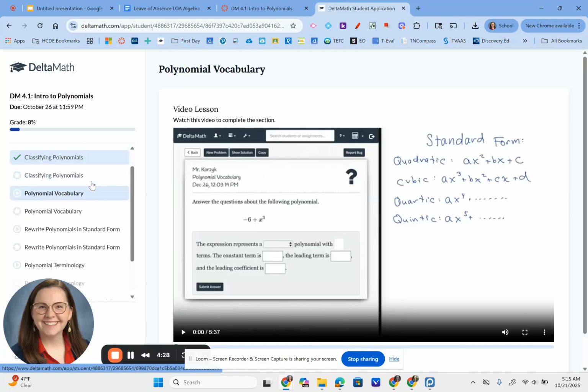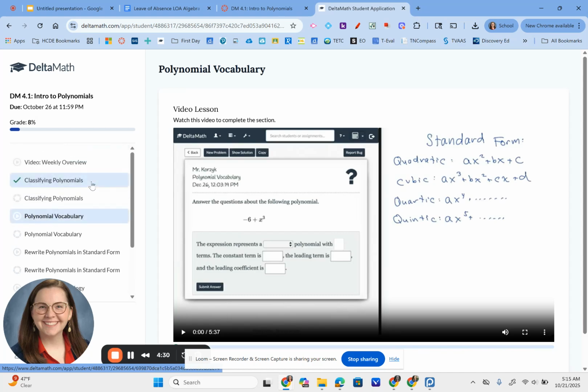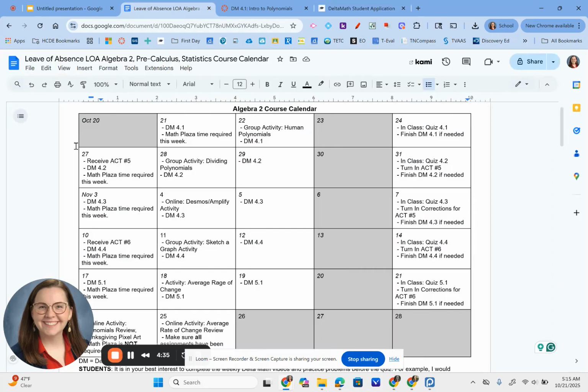Now, everything that's listed here is for the entire week. This is not for one class period. Just be aware, especially since this first week is a little shorter, since we didn't have class on Monday, you may need to work on some of this outside of class to make sure you get it done before the quiz. Now, Delta Math 4.1 is technically not due until Sunday like normal, but it's to your benefit to do Delta Math 4.1 and have it all done. That way, when you take the quiz, which is very similar to your homework or the Delta Math practice problems, you have prepared for the quiz.